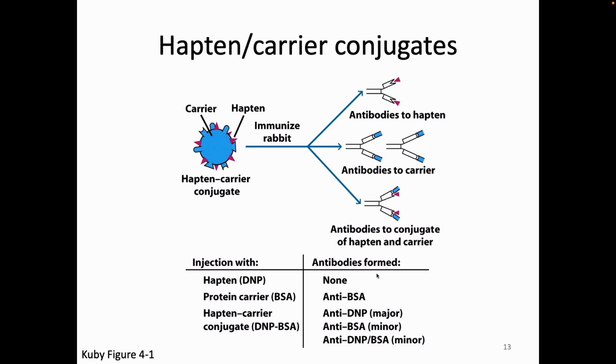physically bind the two together and immunize an animal, you'll get some antibodies to the hapten alone, some antibodies to the carrier alone, and even sometimes antibodies to the bridge point of them. And then you can actually do some additional work to sort out the B cells that just make these antibodies and purify those B cells. So you will have to do some additional work on sorting the B cells, but this is how you can